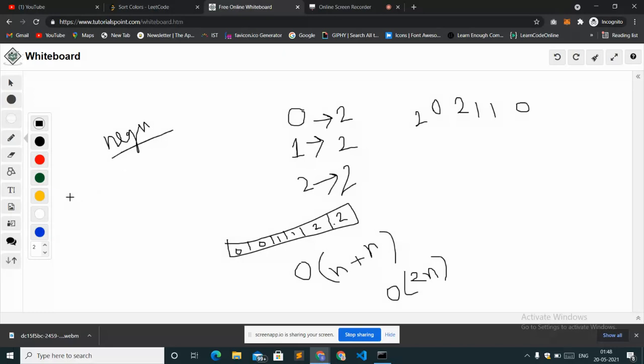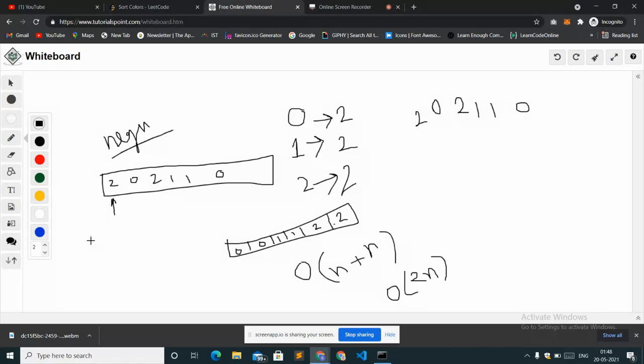Now, what the Dutch algorithm says is that in a particular array which has elements like 2, 0, 2, 1, 1 and 0, you take 3 pointers.